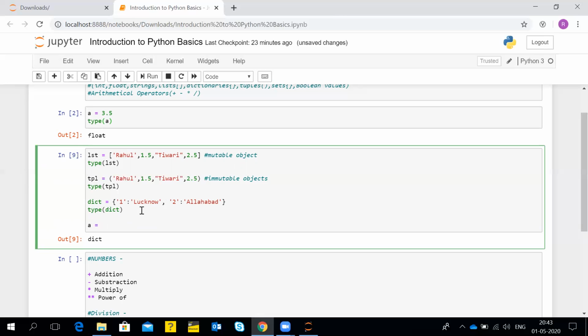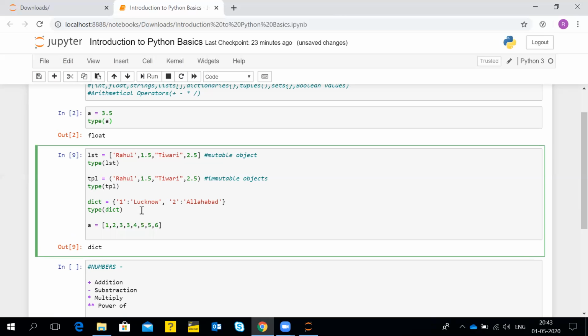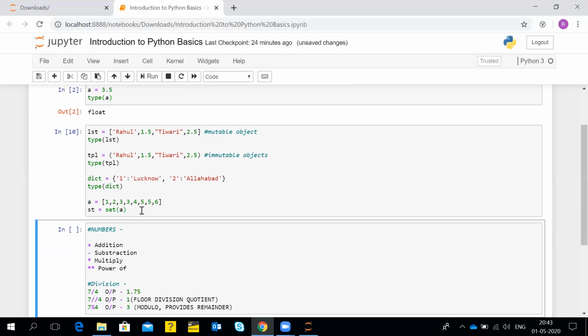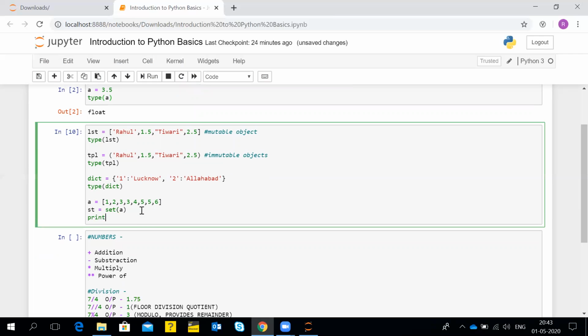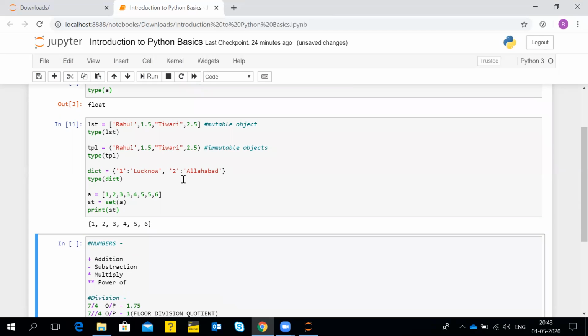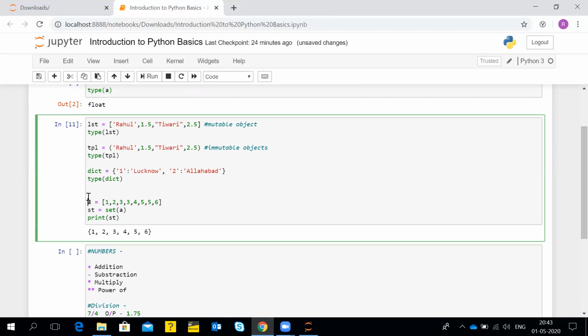I will show you by an example. I create a list with these values and assign it. Yes, so what I want to explain here is that I have entered a set of values and assigned them to a list variable, a, and then I am performing a set operation over that list variable and assigning it to the st variable.